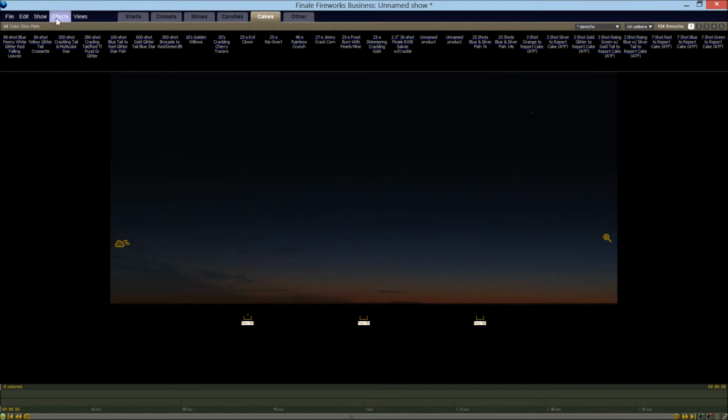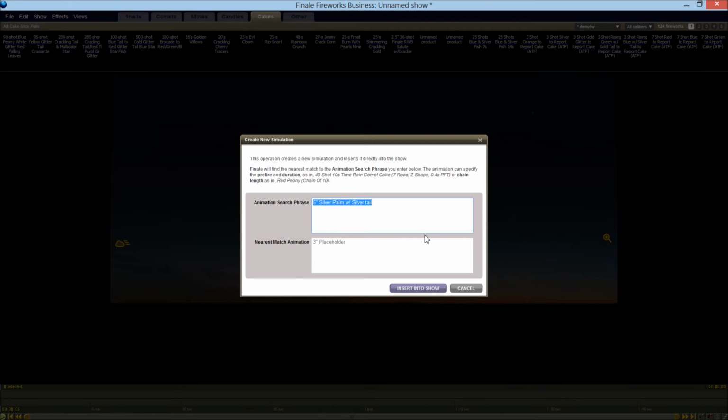Let's go back to the beginning. Let's try an even more complicated effect. Let's just go back, start working with a red to blue chrysanthemum, so we're going to go with a chrysanthemum effect, which is a star with a bit of a tail. So we're going to have a red to blue tipped gold, which is telling me I'm going to have red to blue, and I want to put a core onto the pistol. So we're going to have a green pistol, and let's actually make that falling leaves pistol, so I get that falling leaves effect. And let's put a glittering